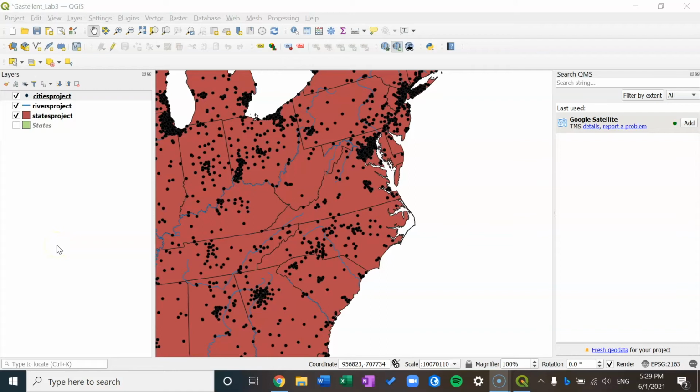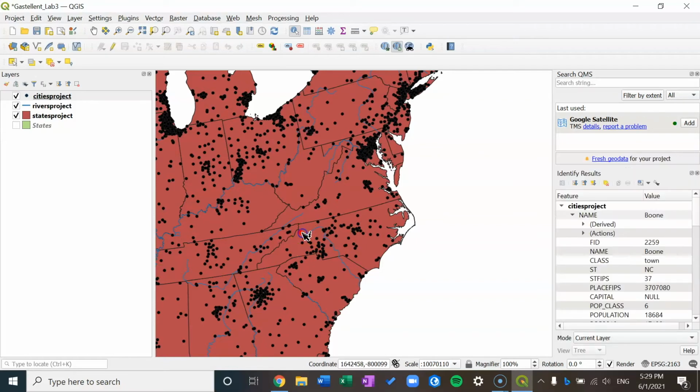Once you are centered on North Carolina, we're going to play around with the Identify Features tool so you can obtain some information about North Carolina cities. To do that, we're going to come up to the toolbar here and select this Identify Features tool. It looks like a little information tab that's being clicked on. And from here, you can click on any city in North Carolina, and its name, population, everything will pop up